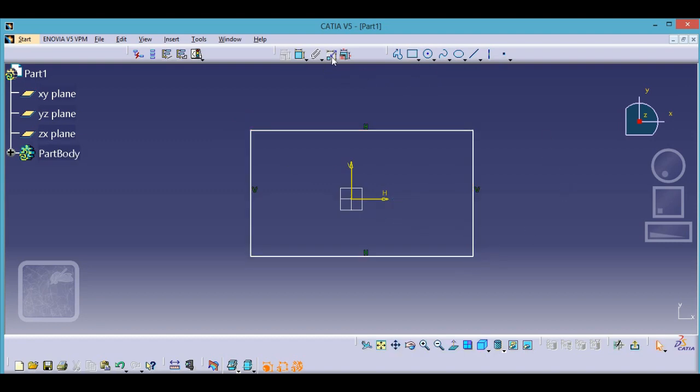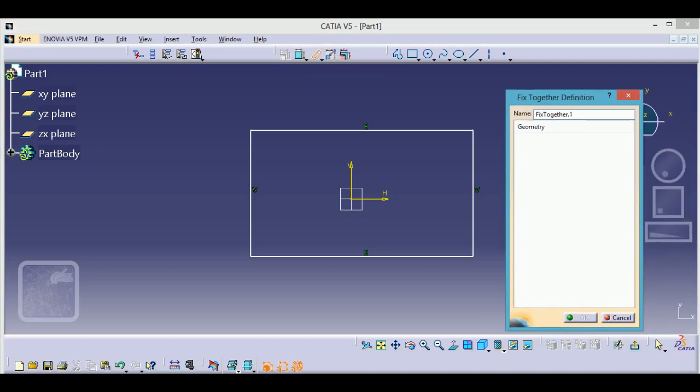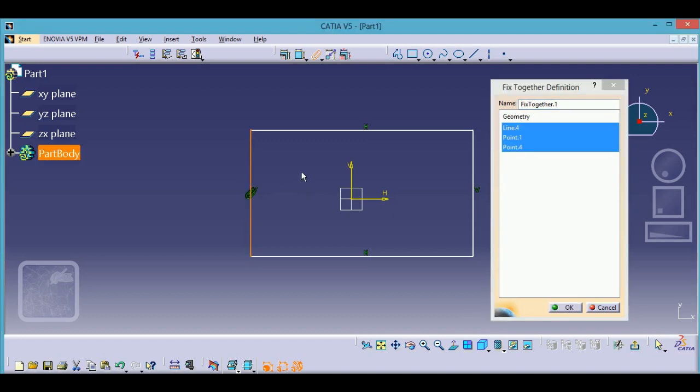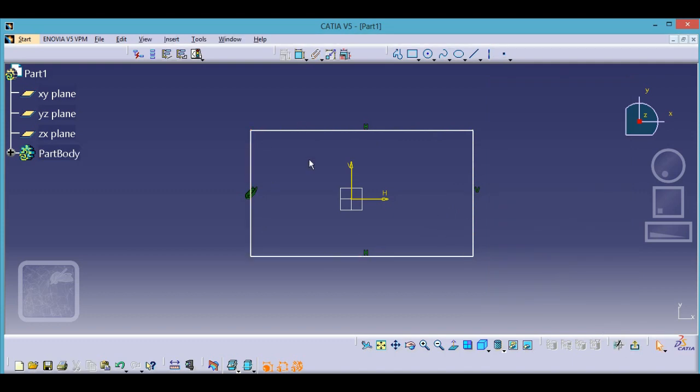So I'm just drawing a rectangle. Okay, to start this, you will have your dialog box. So initially you can see that you have to select any entity. Okay, maybe it is a point or an edge or a line. Okay, I'm just selecting this vertical line. So what will happen after this is you can select multiple entities. Okay, I'm just showing you for one, and then after that I will be showing you for the rest.